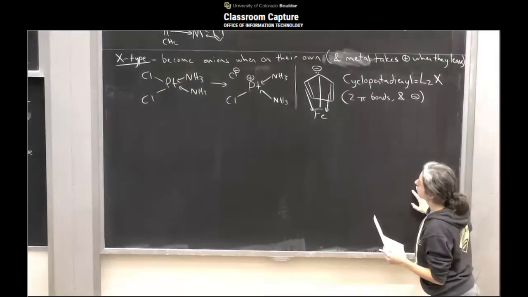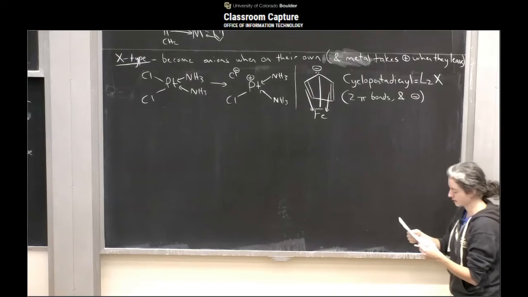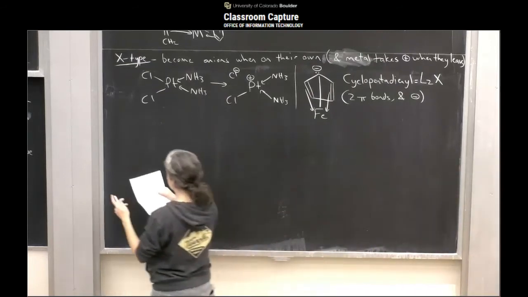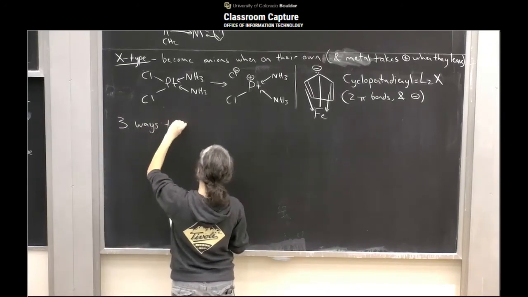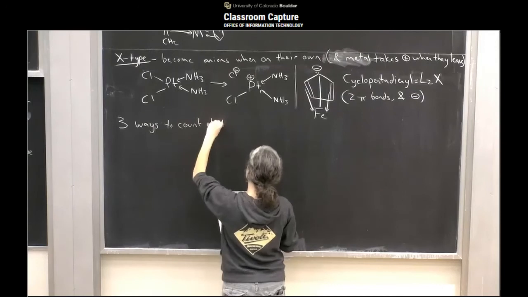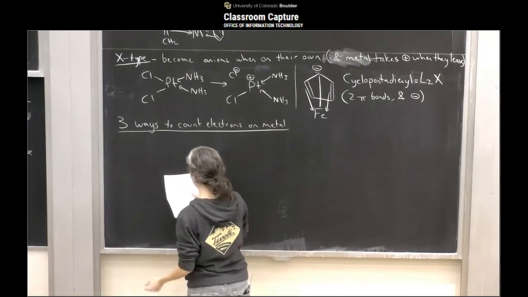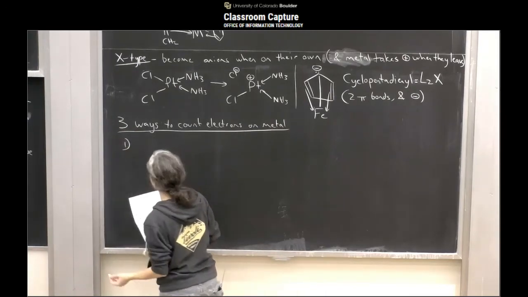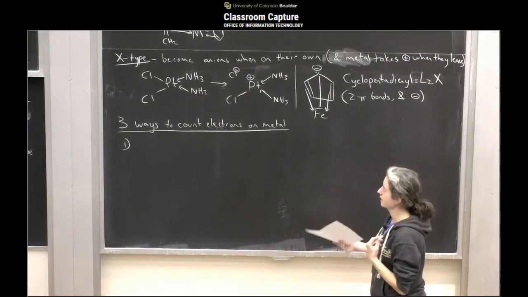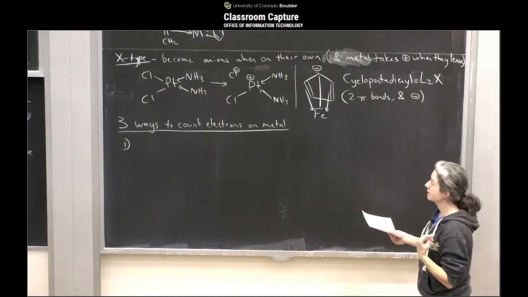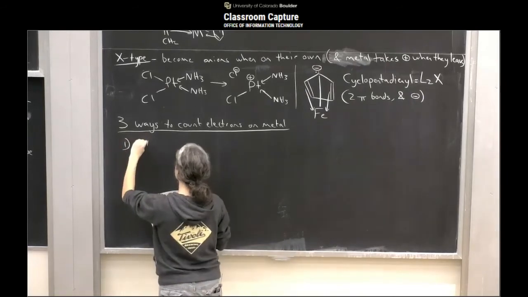So now what we're going to look at is counting electrons on the transition metal and how that varies depending on what ligands we got attached. Okay, so three ways to count the electrons on the metal. 2 of them are actually pretty identical to what we're used to seeing on carbon, just with slightly different limits. We're no longer constrained by the octet rule. Instead, we have what's called an 18 electron rule, and then one of them is kind of different. Okay, so